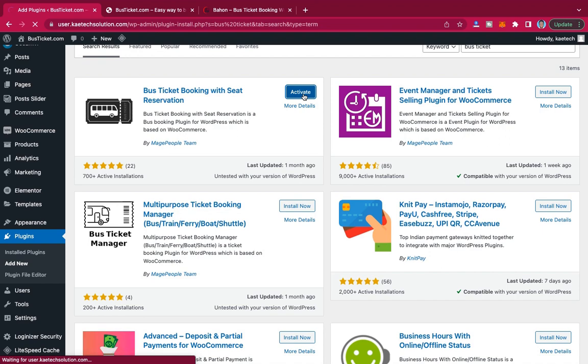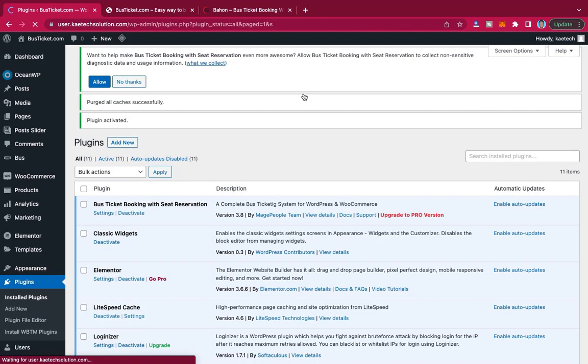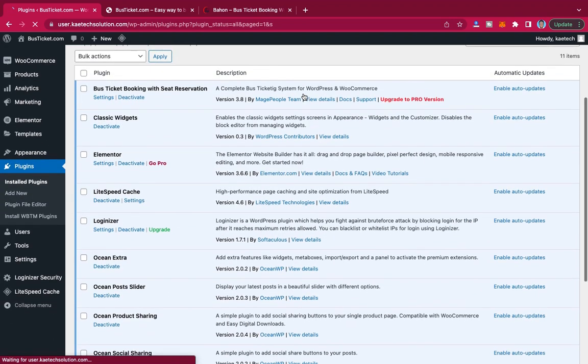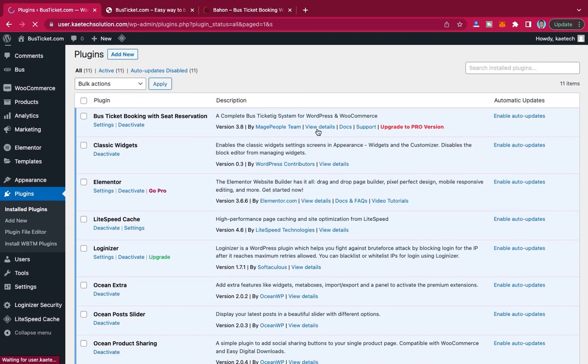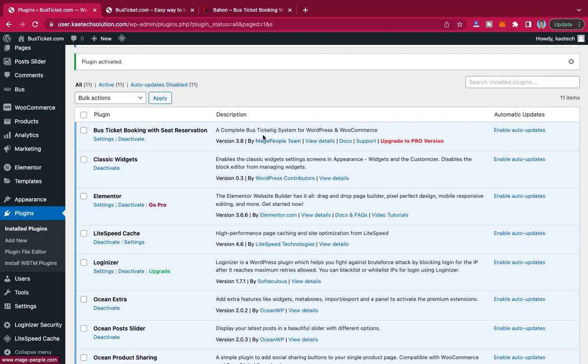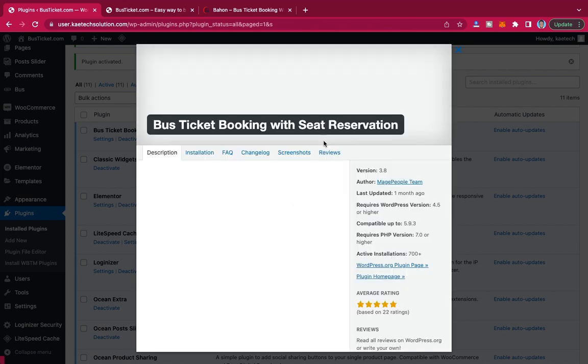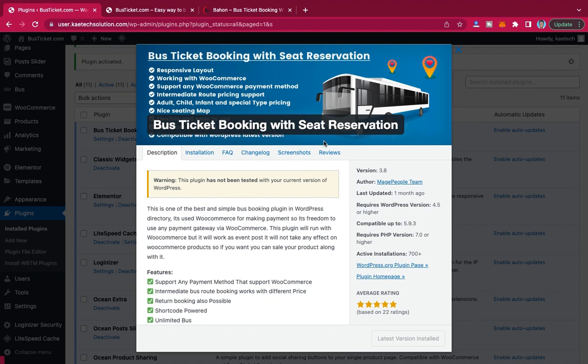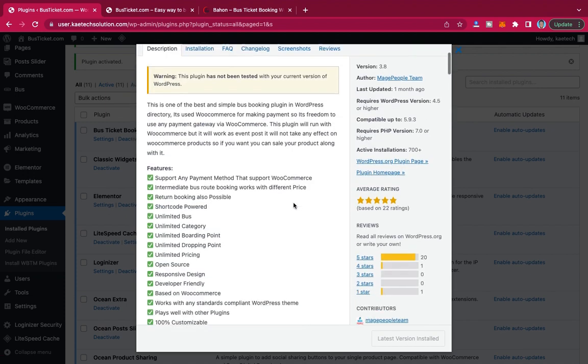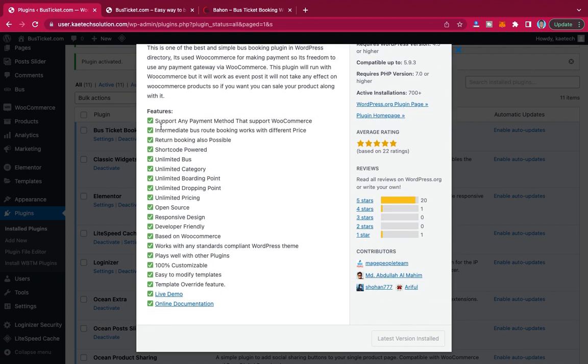Now of course you have to make sure that you read through the details of the plugin. Just go through the details of the plugin. If you click on view details over here, you can check out the plugin website and read about them. As you can see the features: support any payment method that supports WooCommerce, because it is